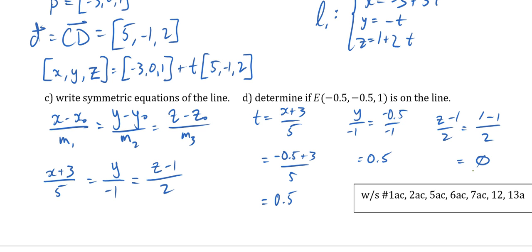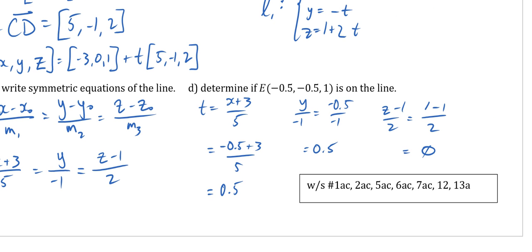But the z didn't work. So it's not on the line. I think if z was 2, would that work? So 2 minus 1 would be 1. 1 over 2 is 0.5. So yeah, if z was 2, that would be a